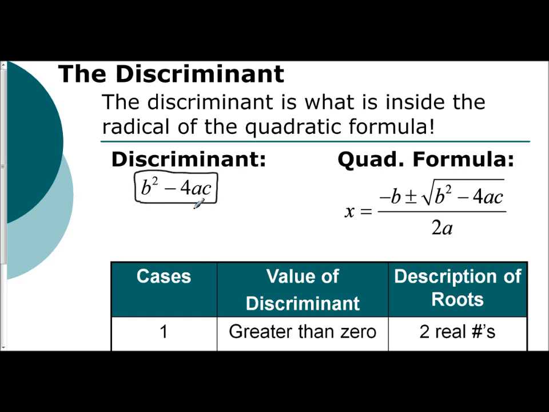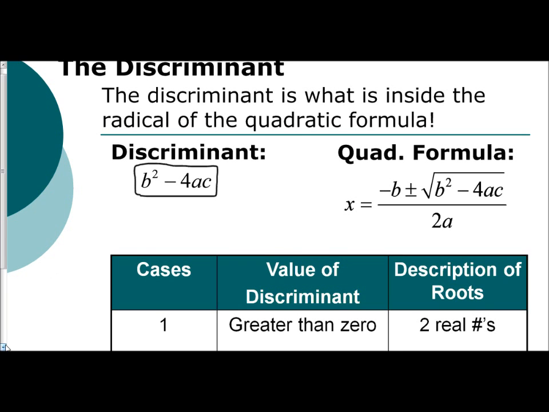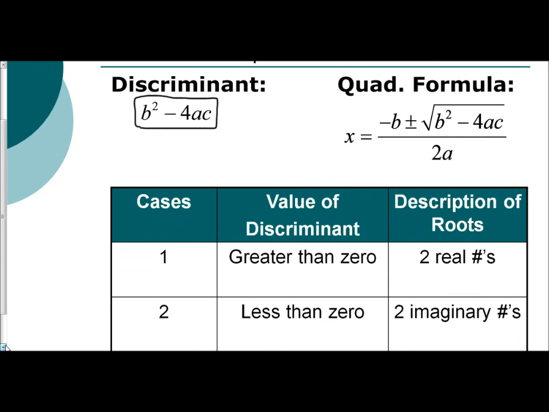That is the discriminant. Well, what's nice about the discriminant is it actually tells you the roots that are going to exist, not the numbers, but describes the properties and characteristics of the roots. So if we take a look at this chart,